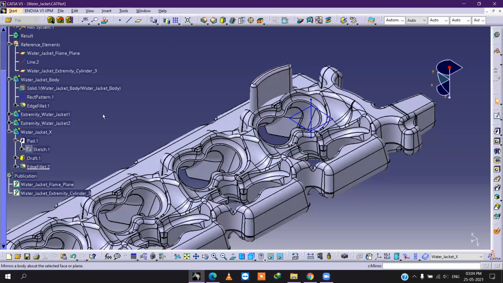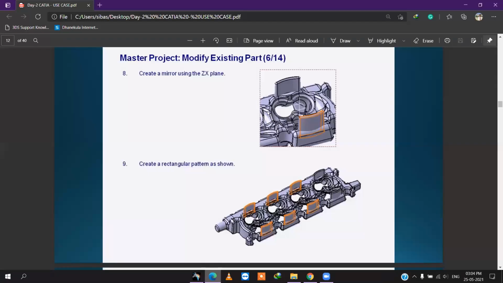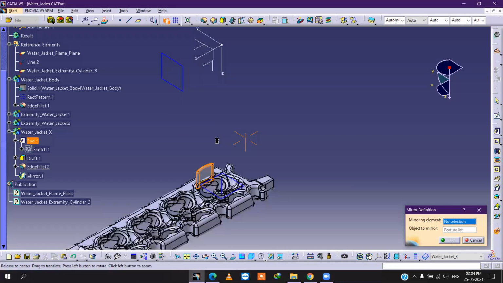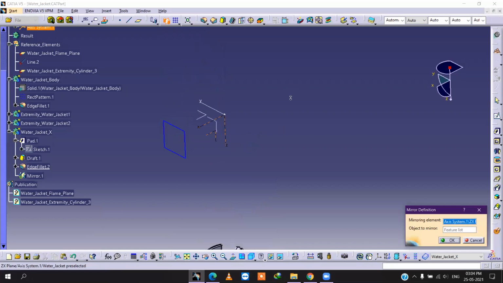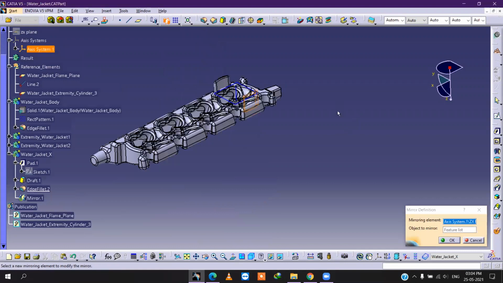You have to select this one. Okay, we said that you have to select the ZX plane, we have created here. ZX plane it is showing. Click on OK. It is created.